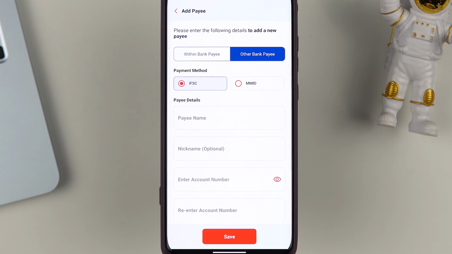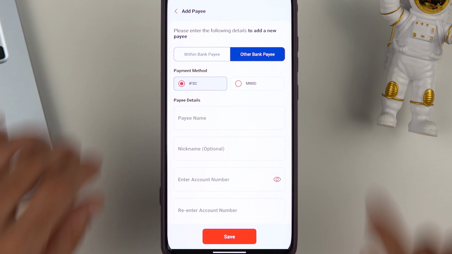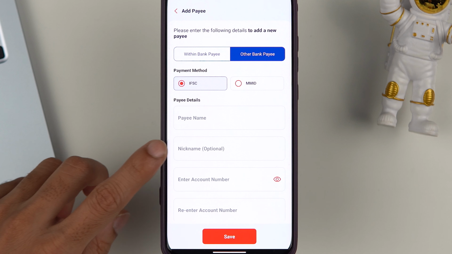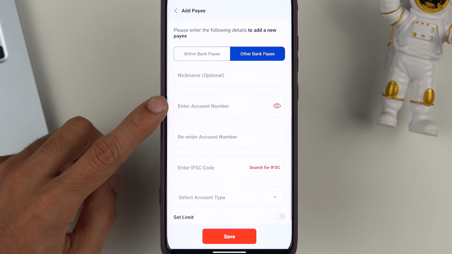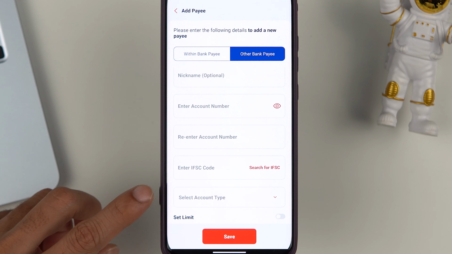Now the account which I am going to add is of IDFC Bank, so I have selected the other bank pay option. Over here you can select the payment method, which can be IFSC or MMID. You have to enter the payee details, you have to enter the name, and the nickname is completely optional. Over here, you can enter the account number 2 times, enter the IFSC code and then select the